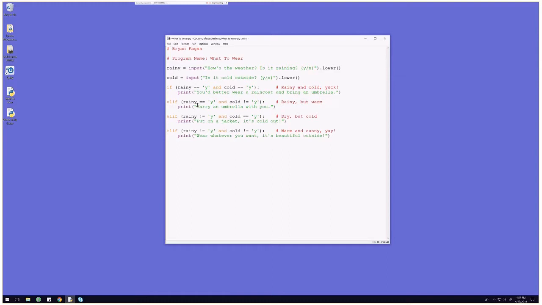Is it rainy outside? Yes. And cold? Yes. Looks like we're in here. Carry an umbrella with you. Change that to no. So, an umbrella with you if it's raining, warm, necessary. So again, if either of those conditions test false, if any of the responses don't match,